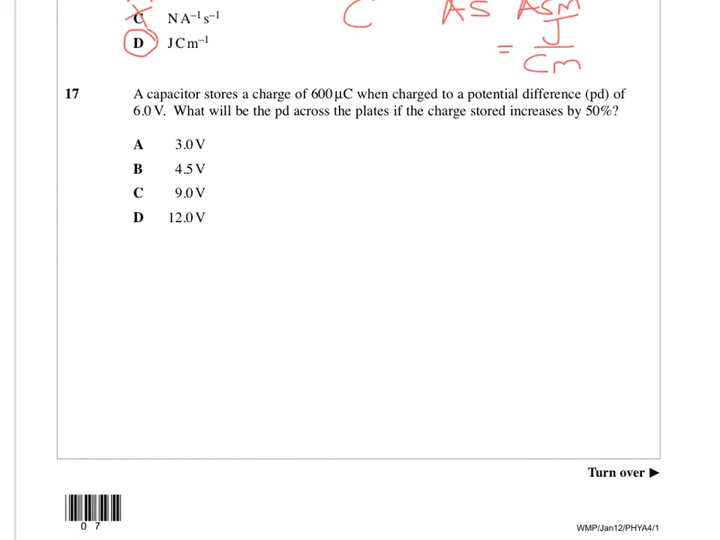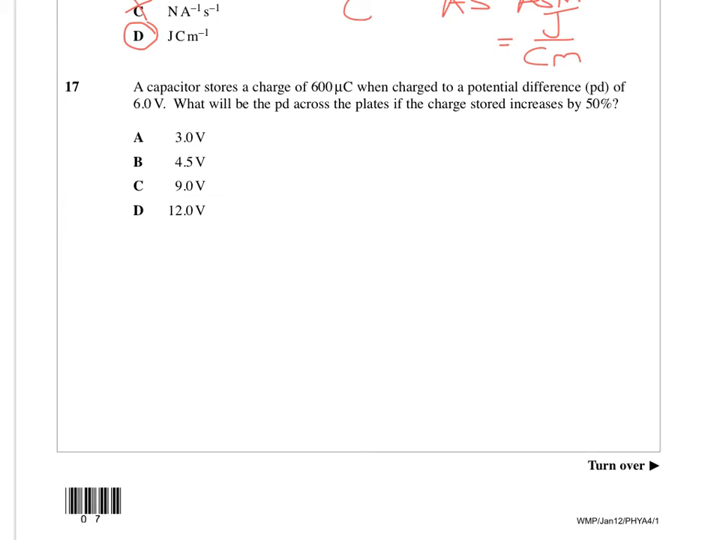Okay, so a capacitor stores a charge of 600 microcoulombs when charged to a potential difference of 6.0 volts. What would the potential difference across the plates be if the charge stored increases by 50%? Okay, so with capacitors, the potential difference is directly proportional to the charge. So essentially, if